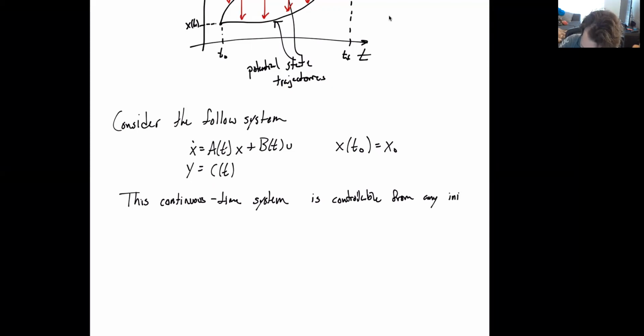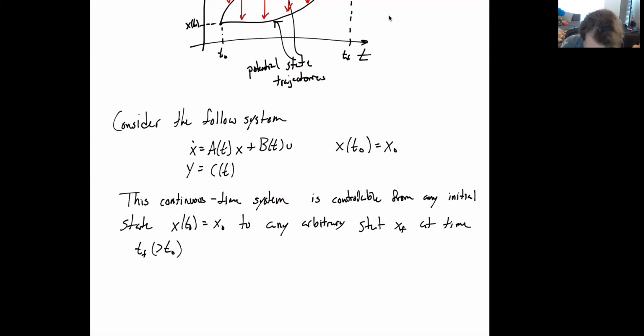From any initial state x of t naught equal to x naught to any arbitrary state x sub f at time t sub f, which is larger than t naught, if and only if